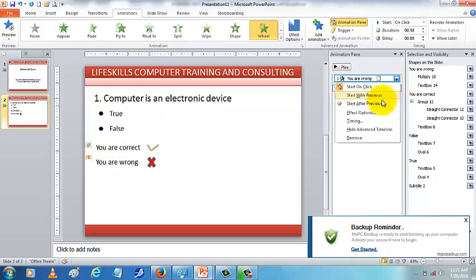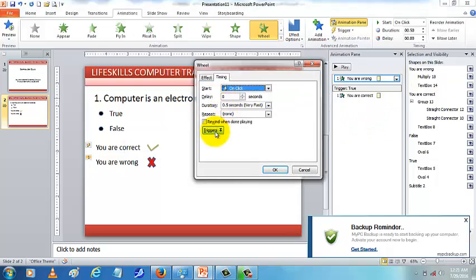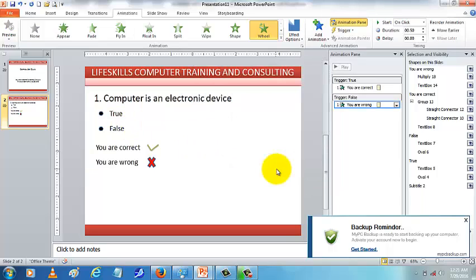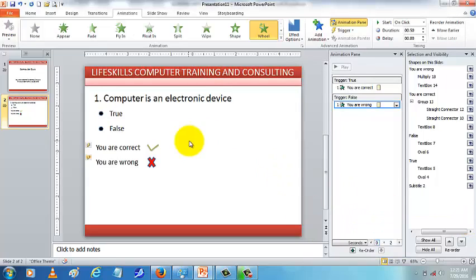So you click on this arrow beside it, click on timing, click on triggers, click on start effect on click of, and click on false. I want it to appear when I click false, when the student clicks false, and say OK. So that is the animation.